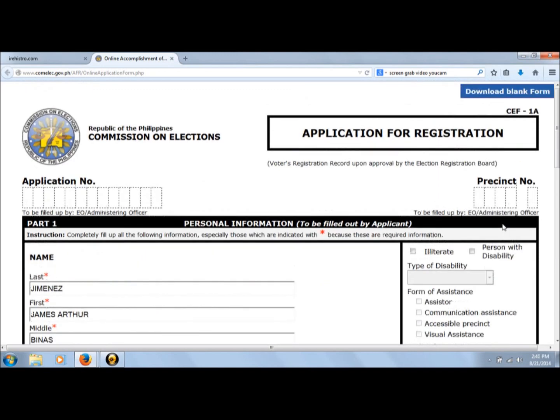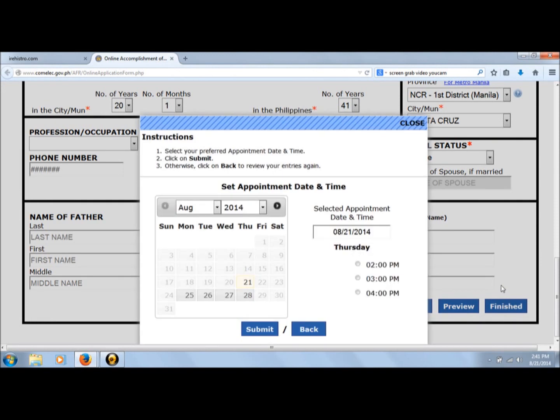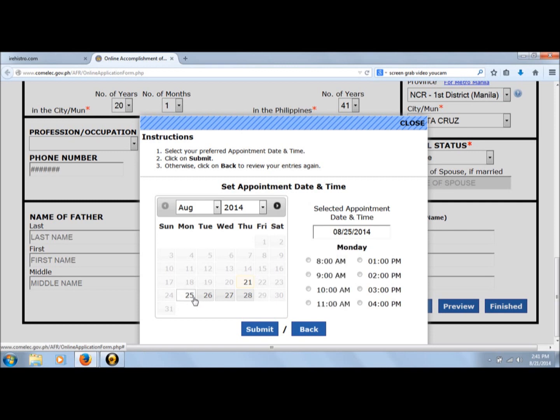So there's your form. You filled it out, and you say you're finished, right? So the next step is to set your appointment. There you go. So today is August the 21st. This field shows me that I can register on these 4 days. Let's say I'm going to go first thing Monday morning. So Monday, August the 25th, 2014. Let's say I'm going to go at 8 a.m. Right? So I submit it,